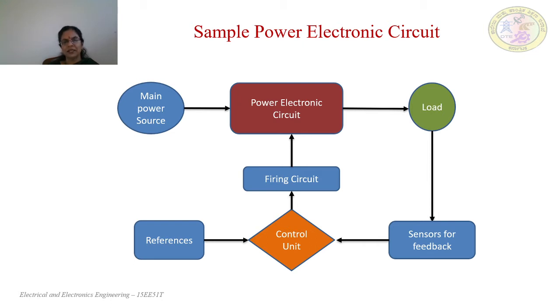So just now, as we discussed, source and the load requirements. The source can be AC, load may be DC. So here we will be having a converter. This converter will change AC to DC, for which the firing angle that is required, and how we have to make the control, is decided by all this. So this power electronics circuit, firing circuit, control unit, sensors and feedback constitute the power electronic system.